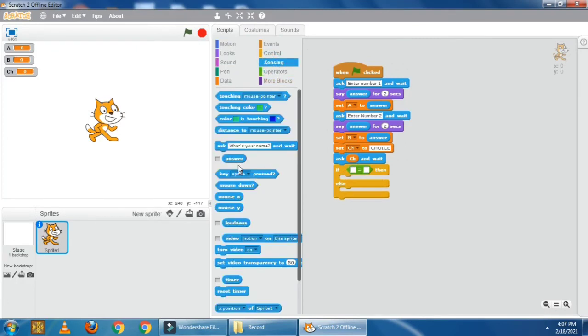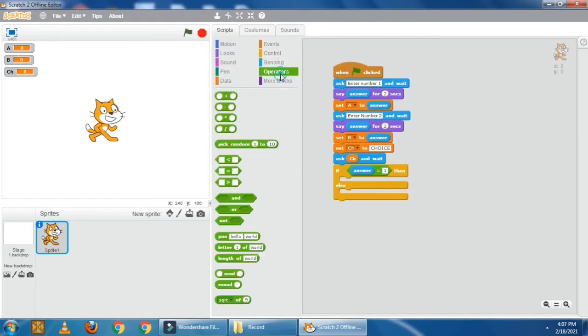Now in this we have to take answer block in first block, and in second block we can type here 1 from the keyboard. Answer is store the choice of the user. So if choice is 1, then it will compare 1 equal to 1. Yes, if 1 equal to 1, then we have to add the number. Okay, so inside if we have to give operator plus.